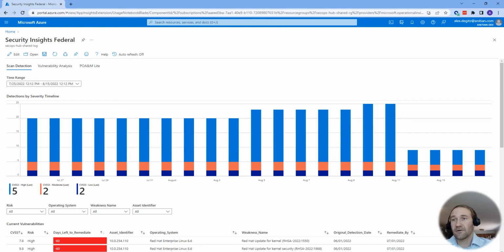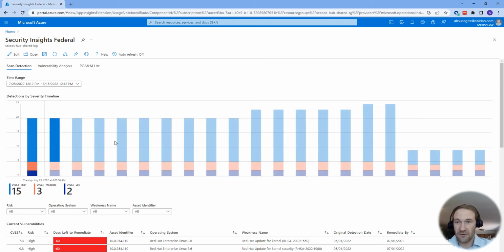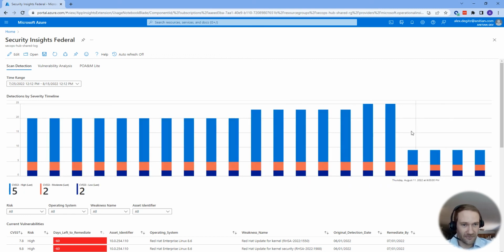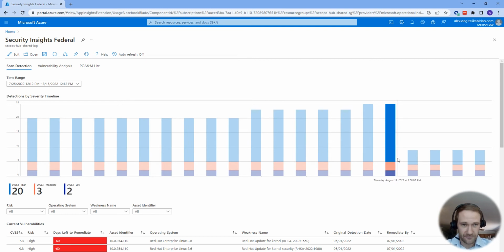So here we see our Security Insights Federal dashboard, which is, as I said, just a Sentinel workbook that we can deploy into your Azure environment. So there's nothing new, no new logins, no new links that you have to save. You can just access that right here. At the beginning, we have a very straightforward dashboard. We see that last Wednesday was our patch day here, where we've remediated a lot of vulnerabilities, but you definitely